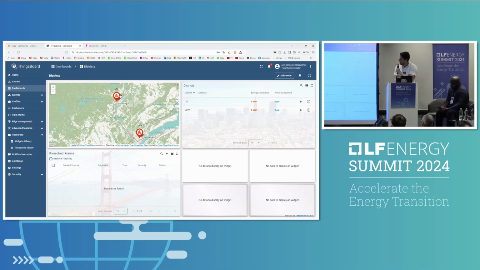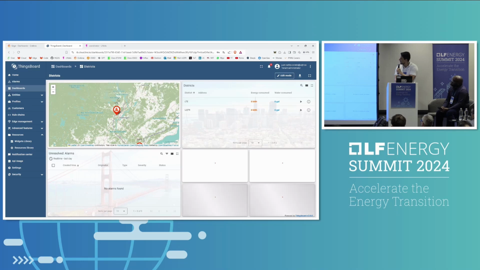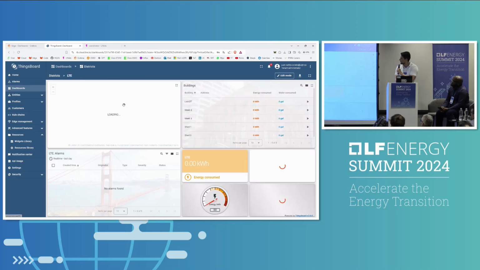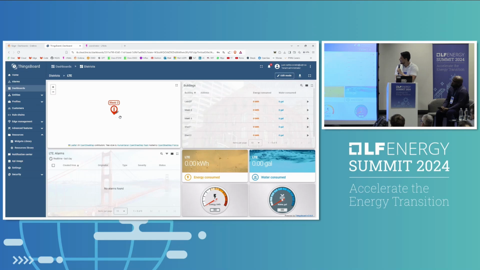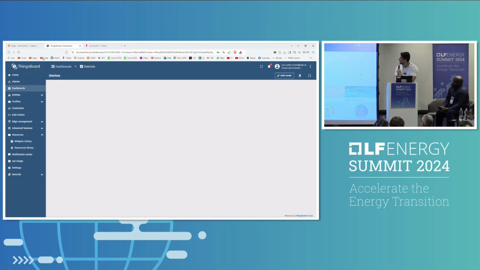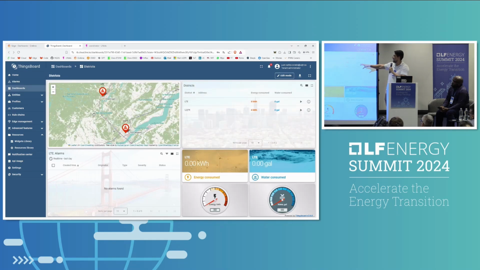So we have 2 sides. We have the LTE and we have the EQTR. The LTE is the lab, and here you can see the buildings that we have there. We are using the IoT middleware just for communications. We have simply MQTT. Ideally, that should be OpenADR or something more standard. But for the moment, it's very simple. It's just for making tests.